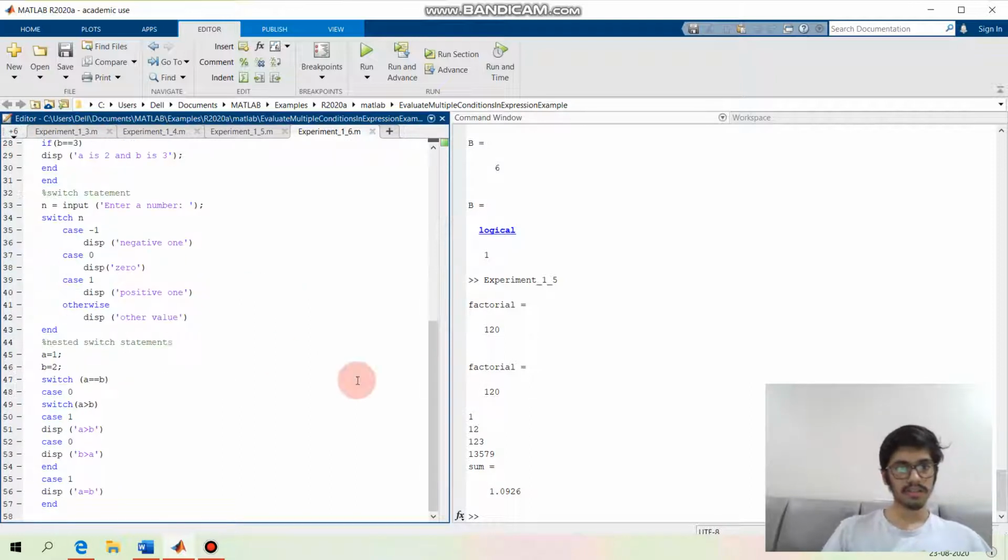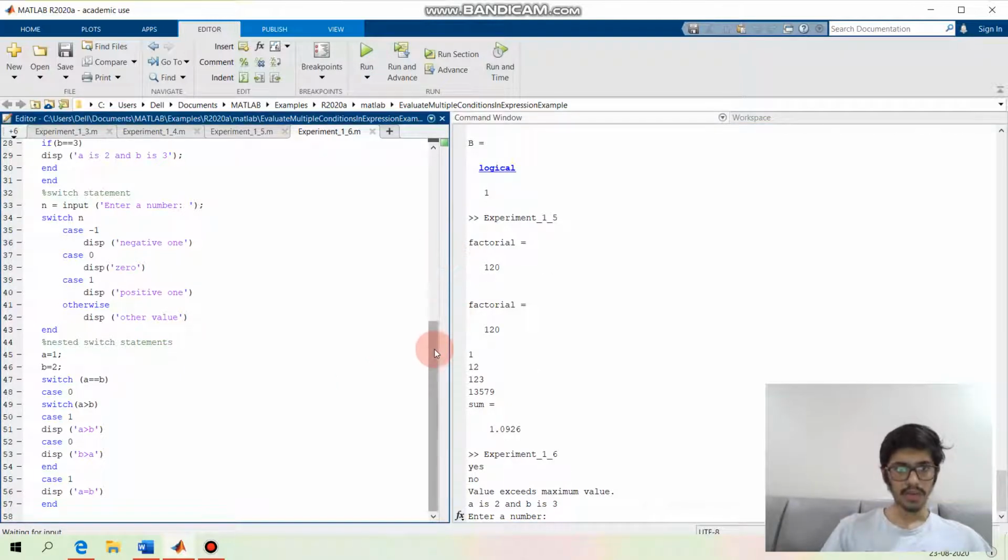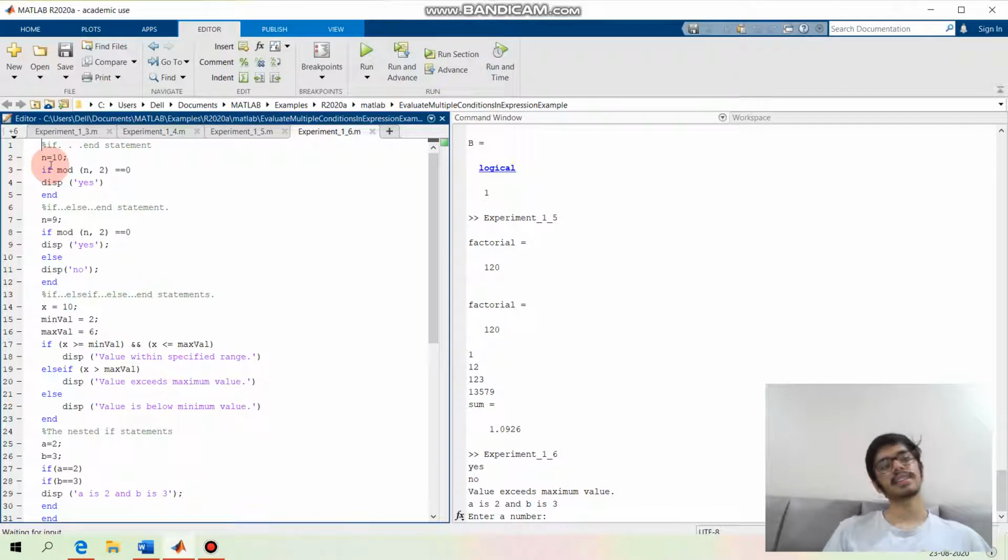So yeah, now let's come to the if else statements and just run this code. Yeah, so basically we take n as 10, and when we use this function, if the statement comes out to be true, then yes is displayed, else the program ends and nothing is printed. And then we also use the if else statement. In this, basically if this condition is satisfied, yes is printed, else if this condition is satisfied, then no is printed. So basically in this 9, 9 mod 2 is not satisfied, so we get a no here.